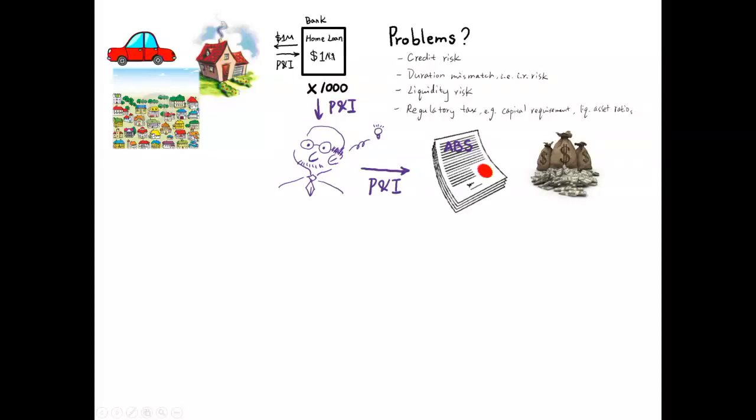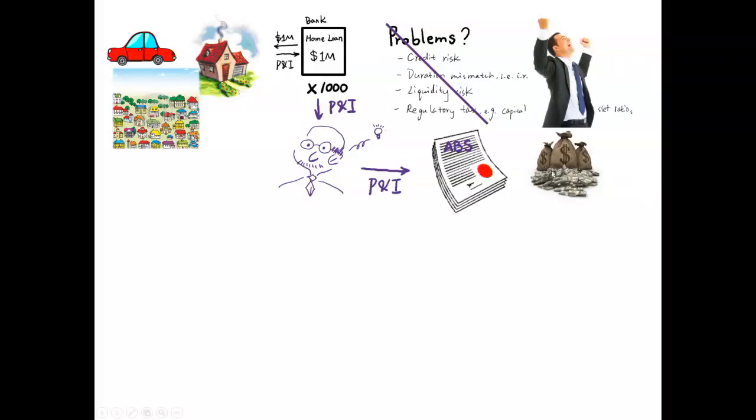So they will not exist on your balance sheet. Now you have heaps of cash. You can then do whatever you want. You can raise more home loans to other households, and you can do other types of investments. And essentially, all of these problems are gone, right? So you don't need to worry about them. So the bank manager will look like this. So excited, so happy, right? So convert illiquid assets into cash.